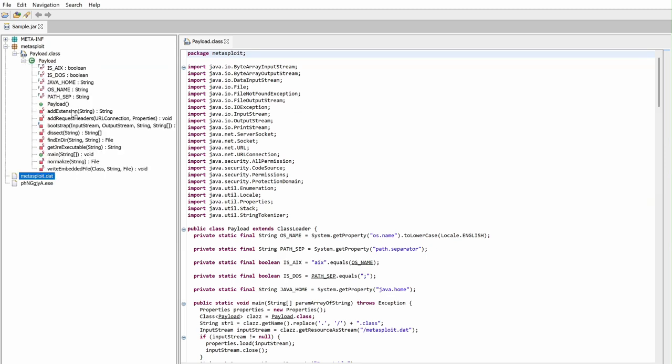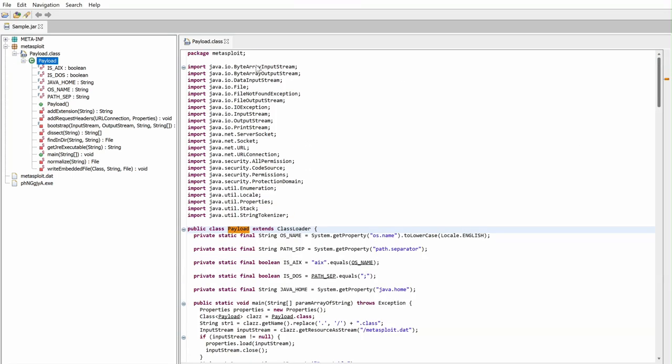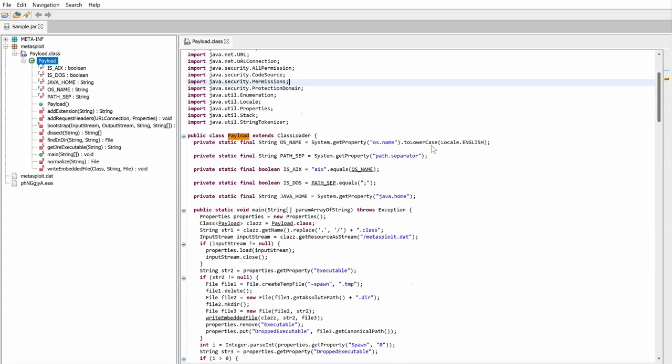So pilot.classes, pilot, we have other stuff over here, but let's try to read the Java code. So packages Metasploit and local enumeration, string tokenizer, URL, sockets, print stream, input output, file not found exception, file output stream, and file data input stream. So it's all related to dropping other stuff. One of the important pieces of code that we have over here is trying to get the OS name, OS information, and I don't know what the IEX is, but maybe it's for the subsystem. And also it's trying to get what? Trying to get